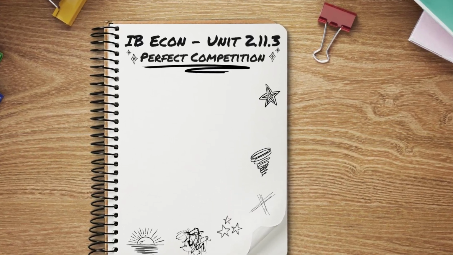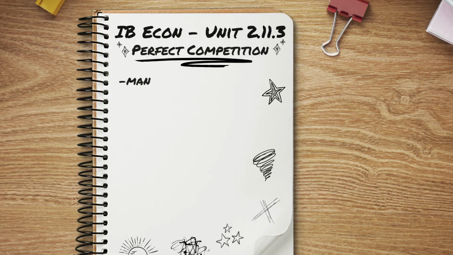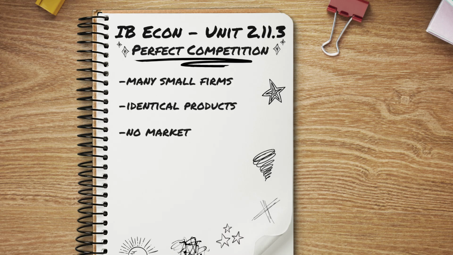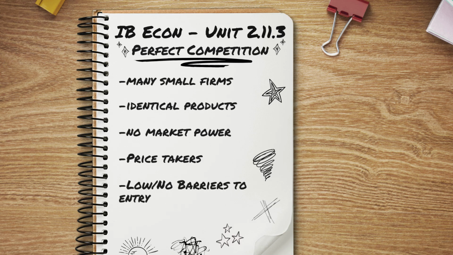First of all, remember that a perfectly competitive market has very many small firms selling identical products. This gives them no market power, which means no ability to change the price. Also, it's very easy to enter or exit the market. As we talked about earlier, a pure perfect competition market is theoretical, but some examples that come close would be currency exchange or most agricultural products. And let's use agricultural products as our example.